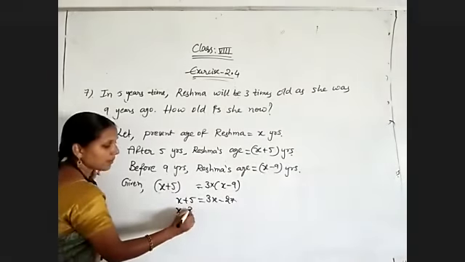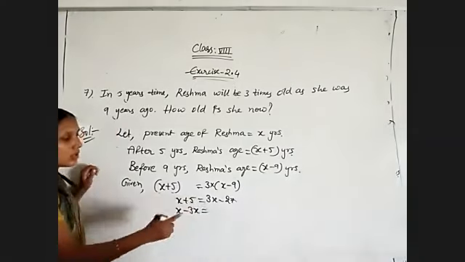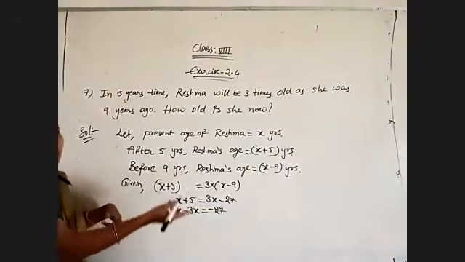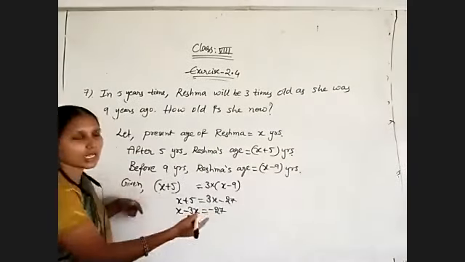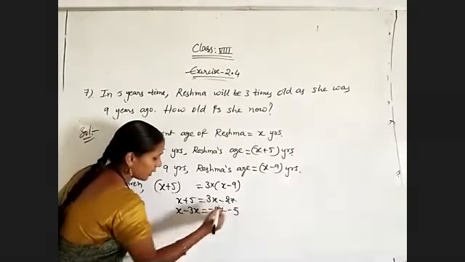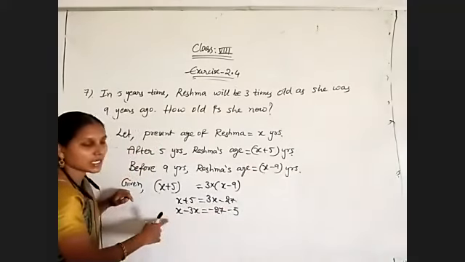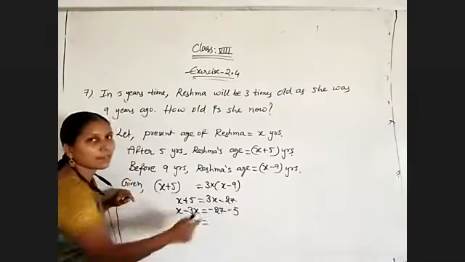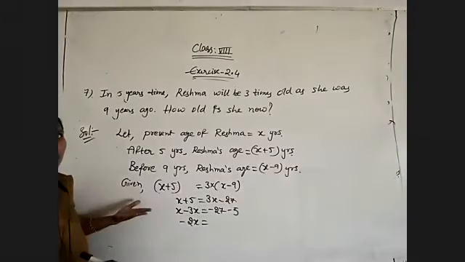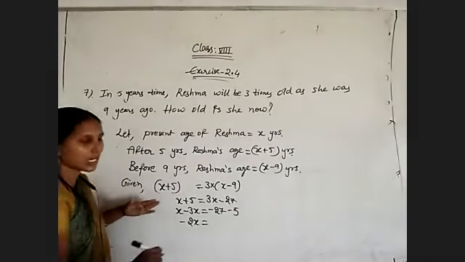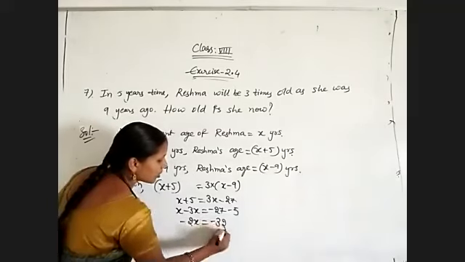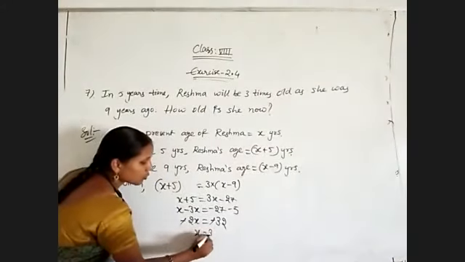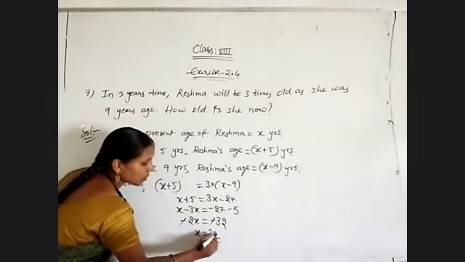So it will become minus 3x is equal to minus 27, on the right side plus 5. Turn to bring to the other side, then it will become minus 5. So minus 3x plus x, that is minus 2x, is equal to minus 27 minus 5. Both are negative values, so the addition 27 plus 5 is nothing but 32. So minus 32. Minus minus will get cancelled. x will be equal to 32 by 2. Two 16s are 32, so 16.